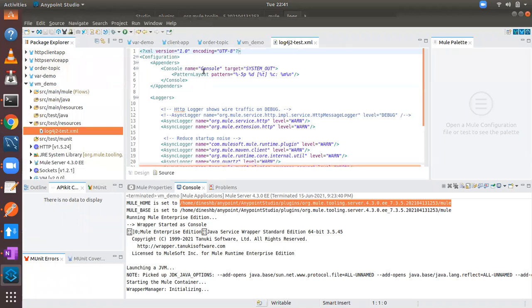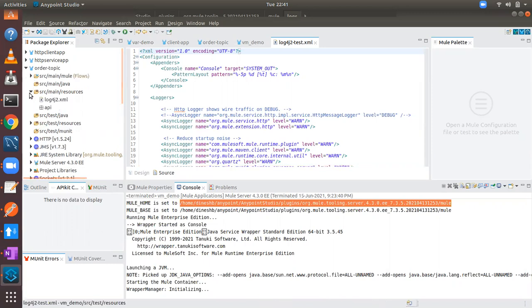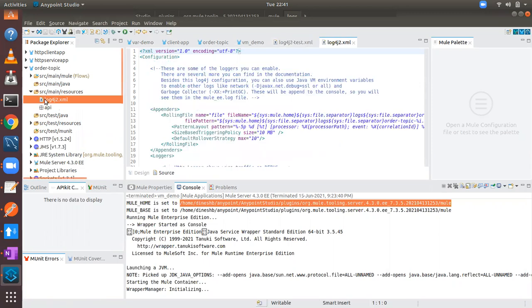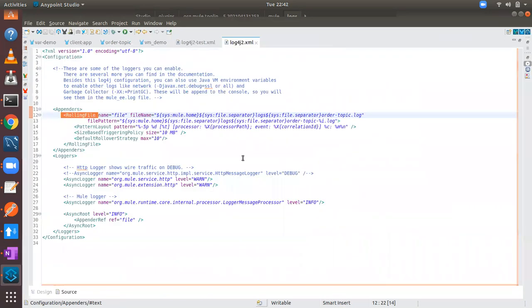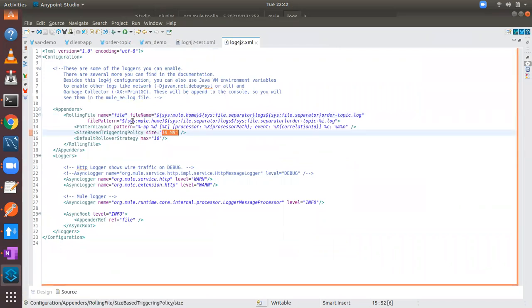So here, console system out means you can see the log statements in the console. Therefore, a console appender is there. And for order topic, let me open the order topic log. See, here a rolling file appender is there. Rolling file appender means if the file exceeds a size of 10 MB, a new file will automatically roll out.